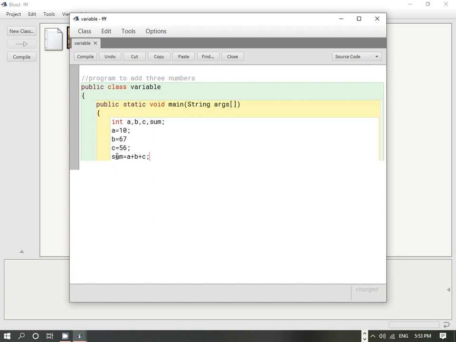Like I have written sum equals to a plus b plus c. We cannot write down a plus b plus c equal to sum. This will be wrong if you write down in Java.